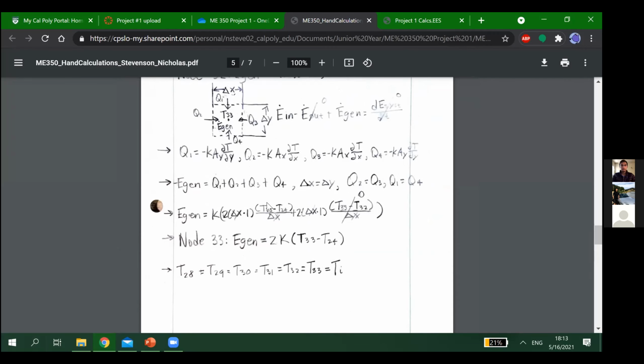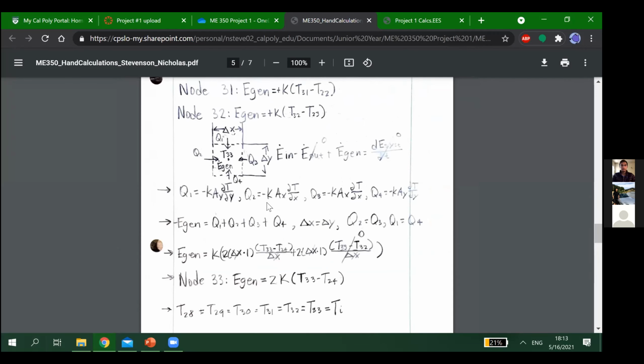And now if Nicholas would like to talk about some of our nodal derivations. Yes, so for our nodal derivations, we chose to use square nodes. And we started doing the important nodes, and we used that to generalize and solve for the rest of the nodes. So one of the nodal equations we did was for node 33, which is the inner edge node or